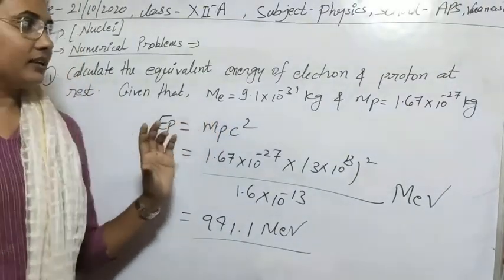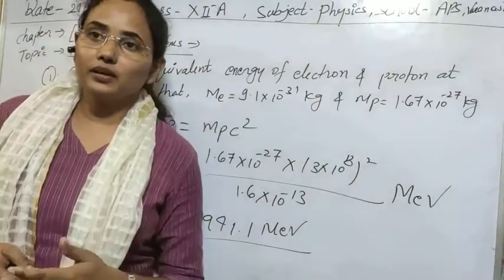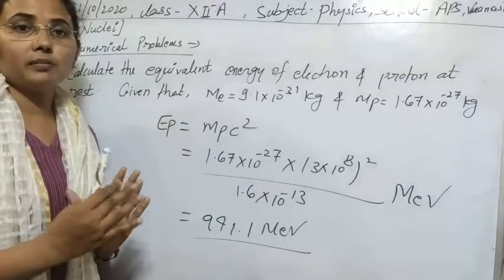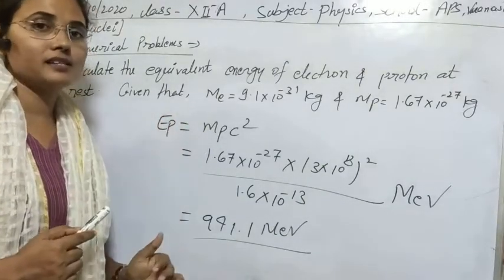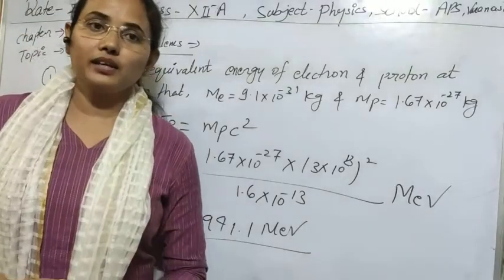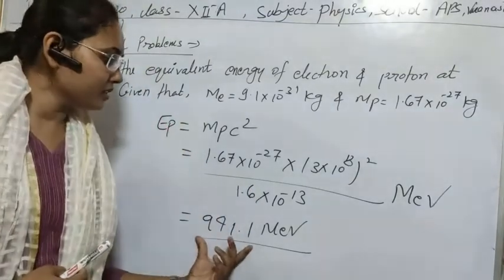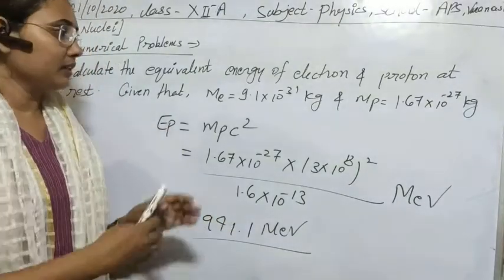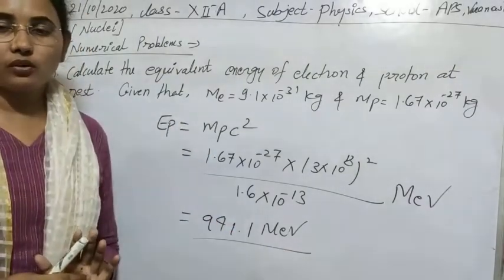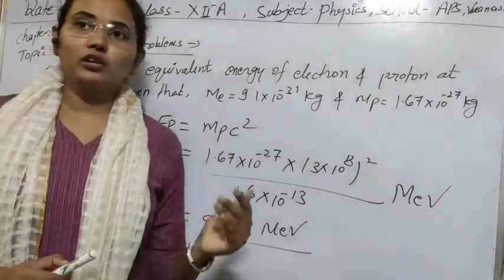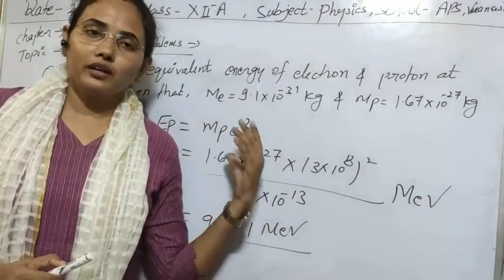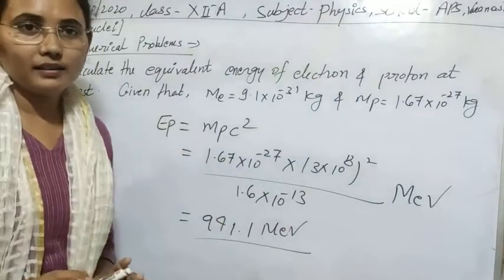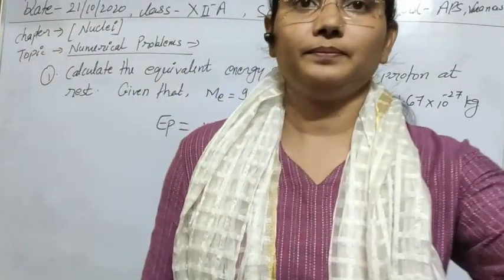So that's why, as I told you in the case of the nucleus, in the nucleus there is no possibility of an electron, as the electron has less amount of energy to exist in the nucleus. And the proton has sufficient amount, that's why protons exist in the nucleus. So I think this numerical problem is now clear to you. With the numerical problem, I always want to tell you the theoretical approach regarding this problem. So I think there is no problem. So let's see other numericals.